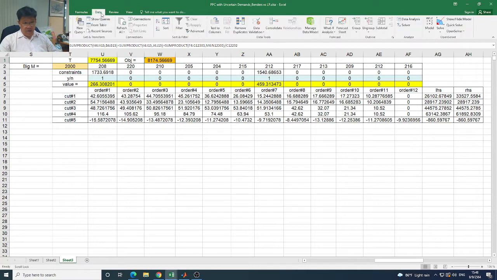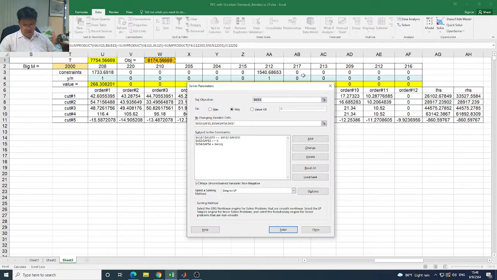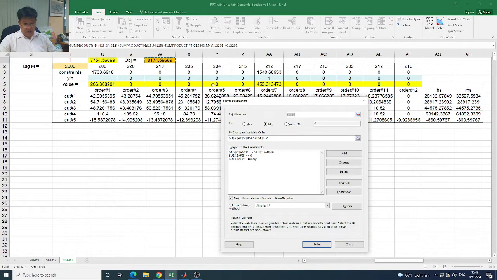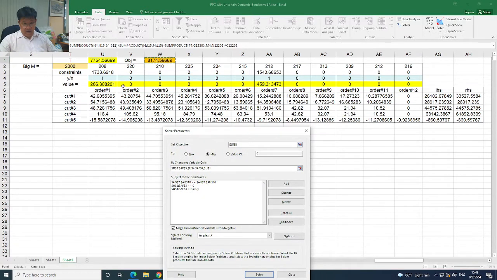We don't need any OpenSolver; we use just the regular Solver here, for which I already put all the formulas here. The target cell is over here. The changing cells will be here, the allocation value of x of t and the 0, 1 of p sub t. So there are two ranges,